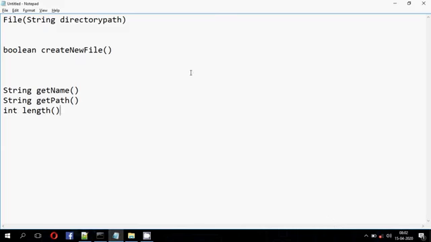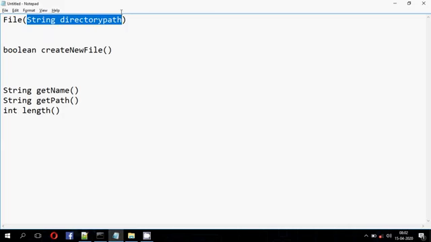Here I am using one of the constructors, which is File(String directoryPath). Here the parameter is the directory path, which is the path name of the file. For example, suppose I want to create a first.txt file which is in the folder or directory java on D drive.